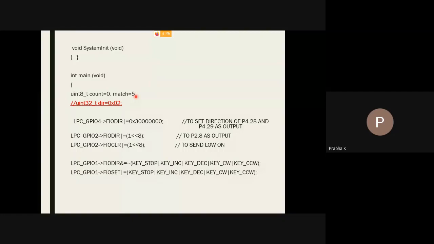You may ask, why madam, why do we have to keep it as 5? When you execute the program practically in the lab, we can check what happens to the operation if you vary this value. Starting, I'll explain with 5. You can change this value during the practical implementation.